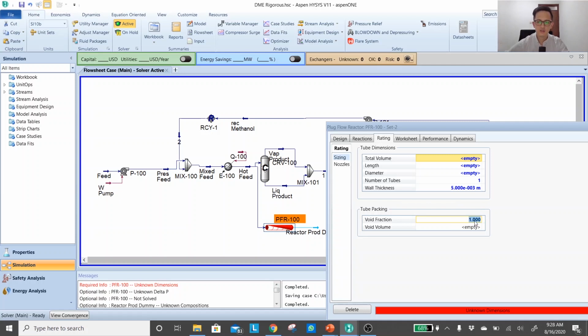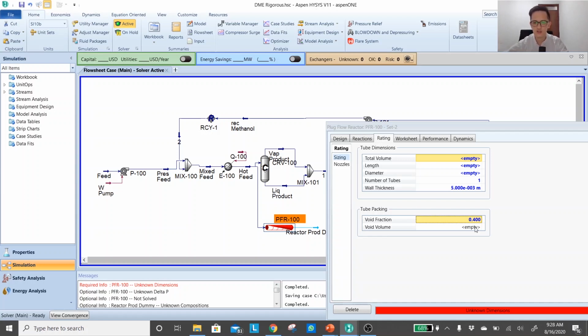In that case, it's going to be around 0.35 up until 0.45. So I'm going to choose the average, let's say 0.4. And if you have a fluidized bed reactor, the void fraction will be higher.